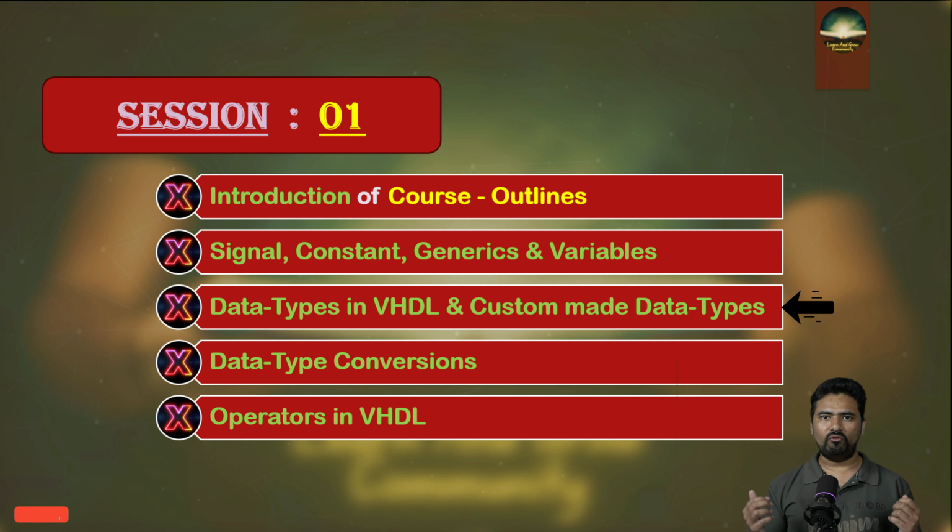We will explore the various data types in VHDL and learn how to create custom data types as well. Additionally, we will go into type conversions. This feature will enable us to convert data between different data types. We will use typecasting functions and VHDL functions to convert between different data types. After that, we will learn about the VHDL operators. There are around 30 VHDL operators and we will cover each one in detail later.